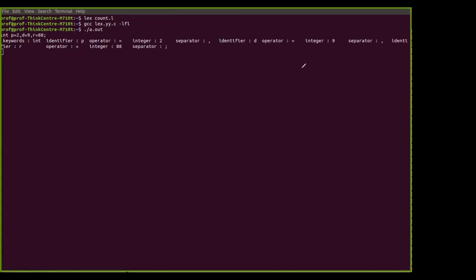As per the PPT I have shown you, you will get the different tokens generated here. Understood?